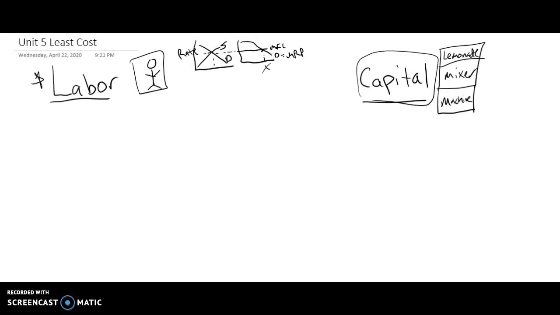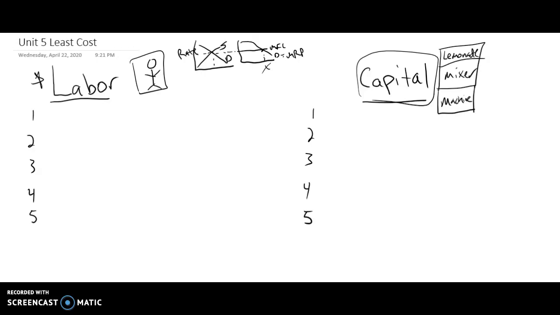So in order to do that, we're going to take a look at some things that we've not yet done, and some of it's going to be the same. We could hire 1, 2, 3, 4, or 5 people,